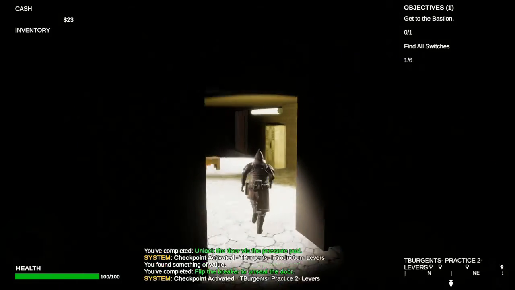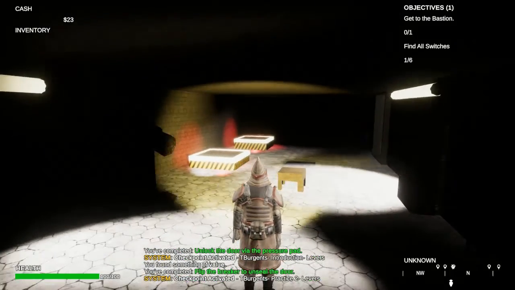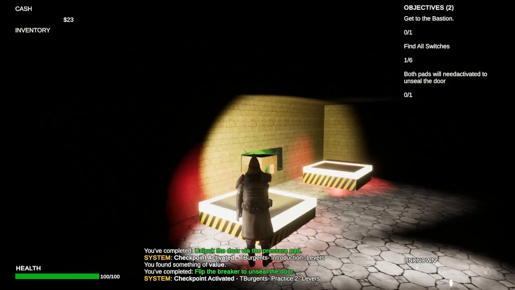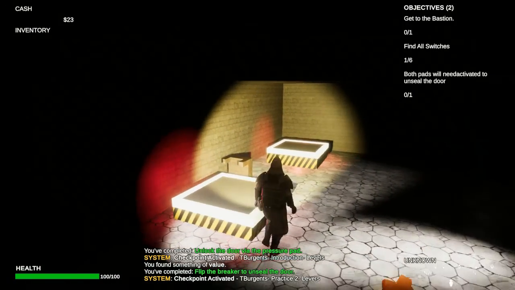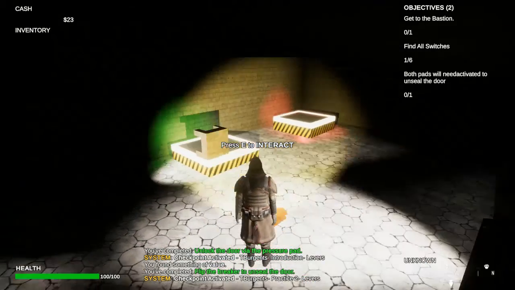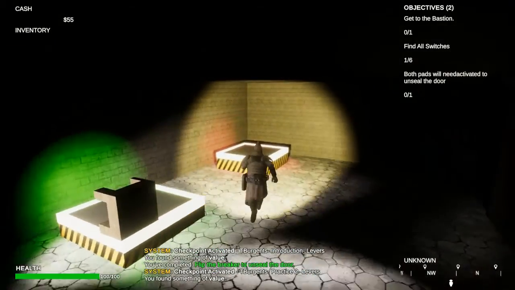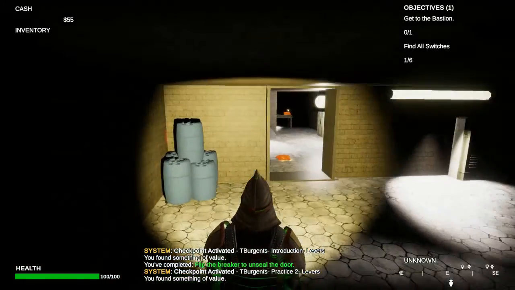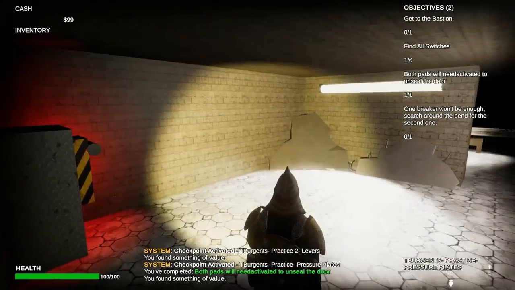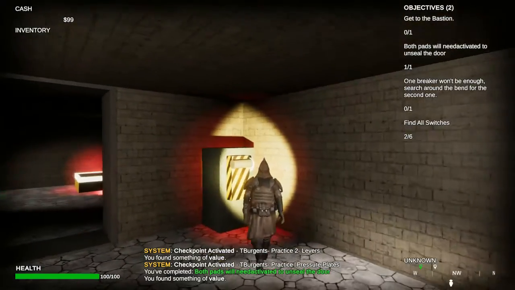Expanding upon the pressure plates in the next room, the player must hold both of these down in order to unlock the room. This is done by placing a stool on one of the pressure plates while standing on the other. Collectibles are placed at each door to draw the player's attention, and while the first lever is pretty obvious